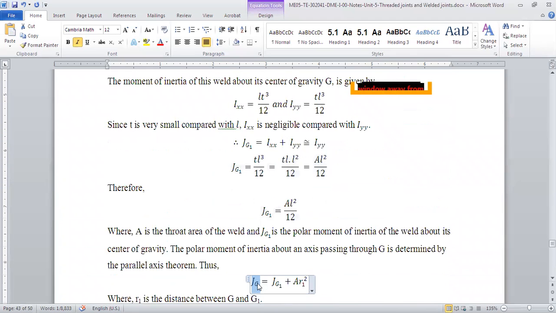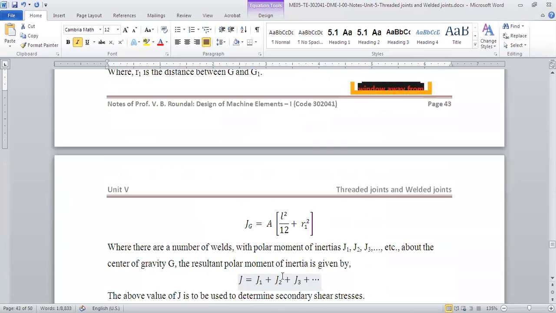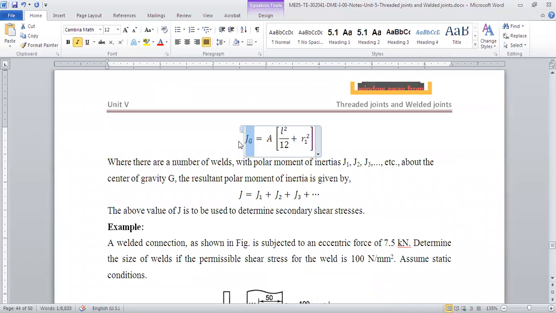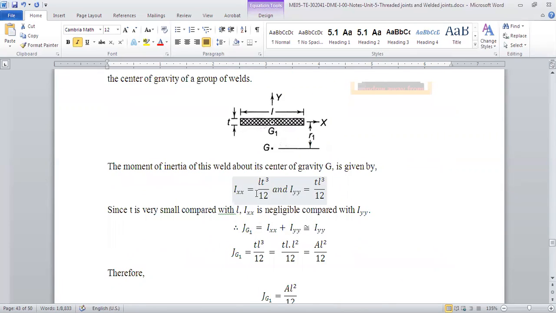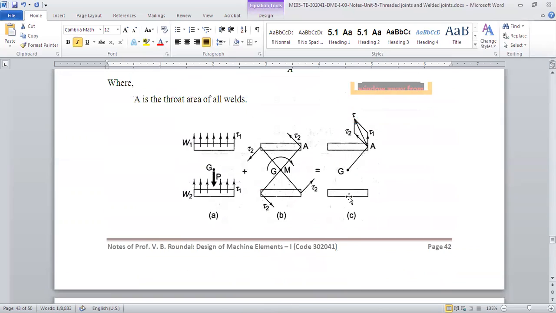And how can we get this? The polar moment of inertia along the CG is equal to the polar moment of inertia along its own axis plus A into R1 square, and we can get this: the polar moment of inertia J is equal to area into L square by 12 plus R1 square, right? Once we know that, we can calculate tau 2, then use again this